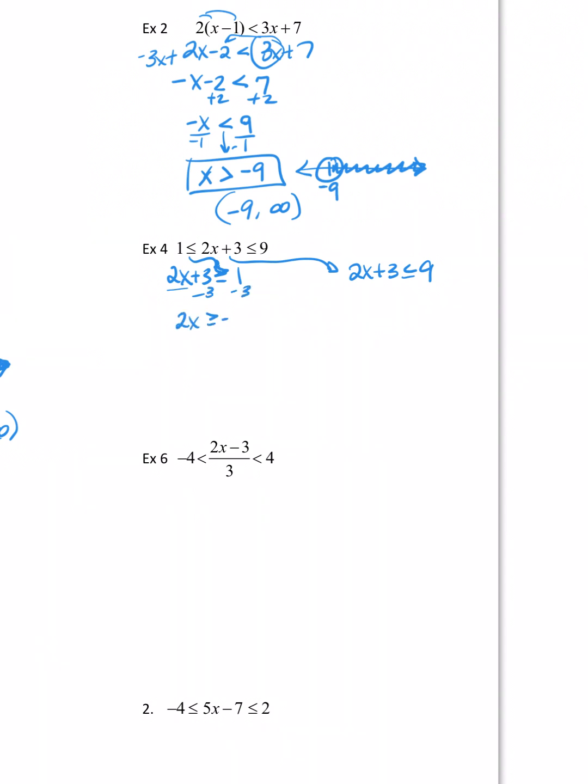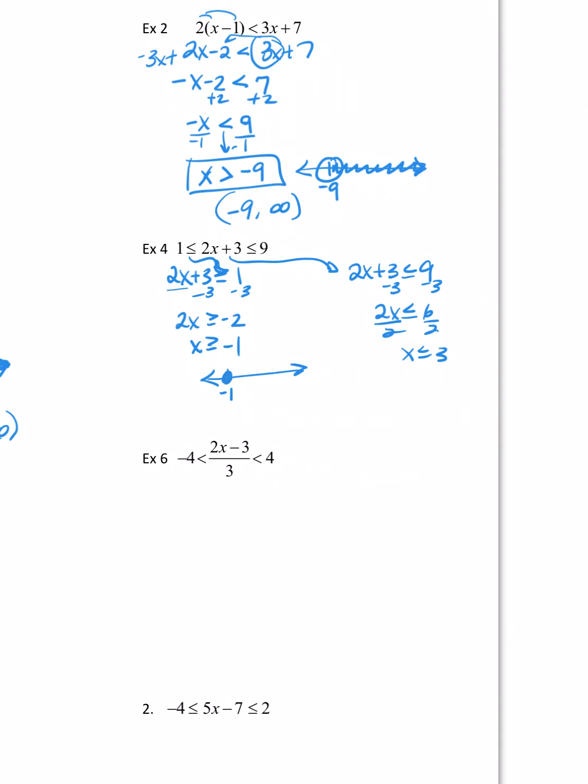2x is greater than or equal to negative 2. X is greater than or equal to negative 1. Over here, I'll have 2x is less than or equal to 6, divide by 2. X is less than or equal to 3. Okay, on a number line, what does that look like? Well,